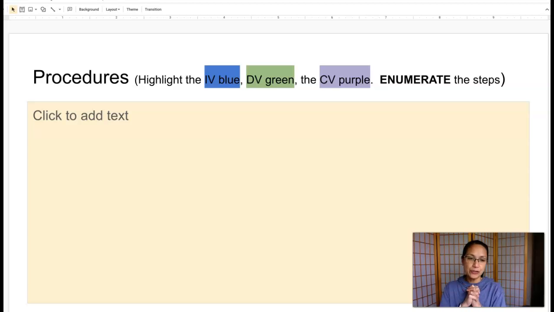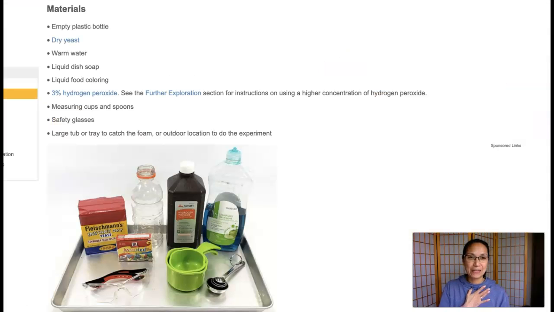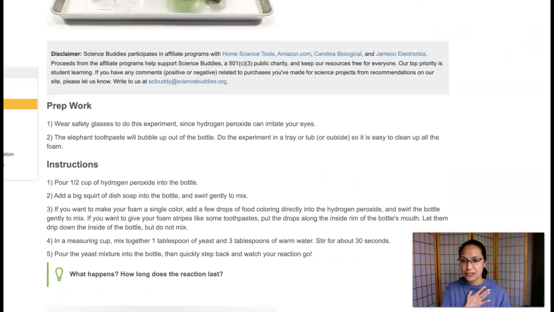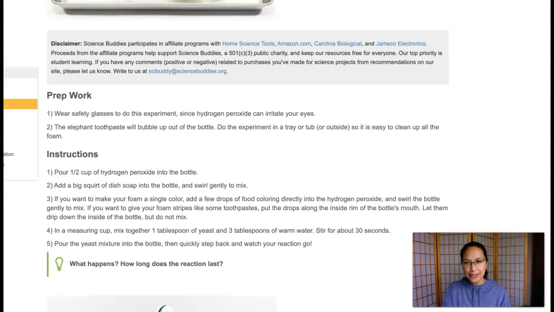Okay, for your procedures, you will need to copy down the procedures from sciencebuddies.org. So go down and look for your procedures and get familiar with it. And I will allow you to copy paste your procedures from sciencebuddies.org, but you will need to change the wording so